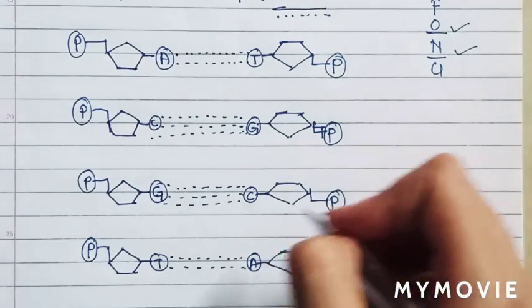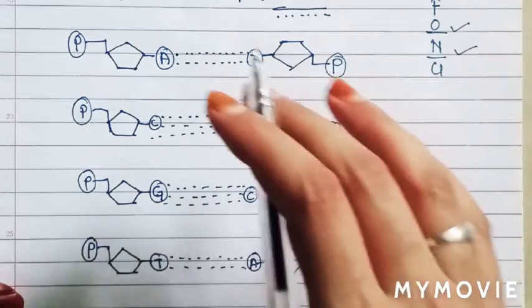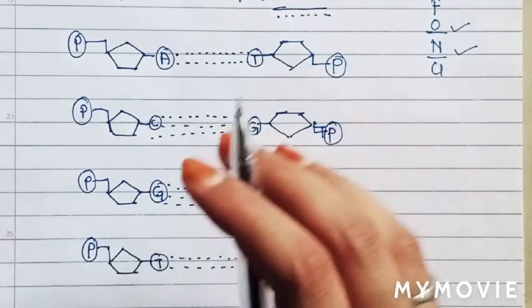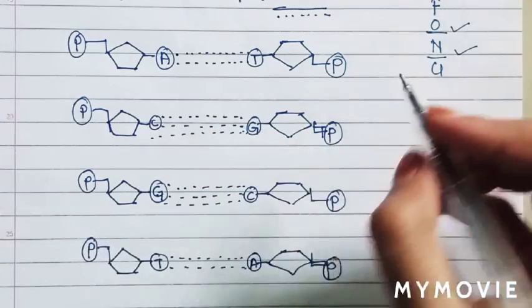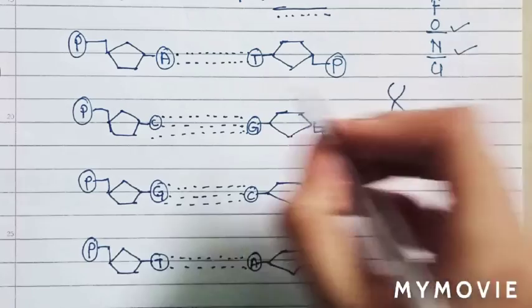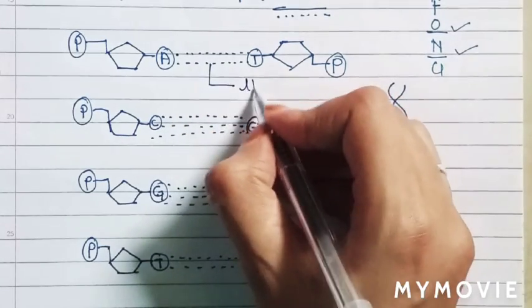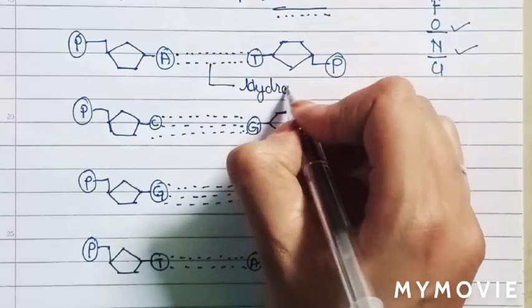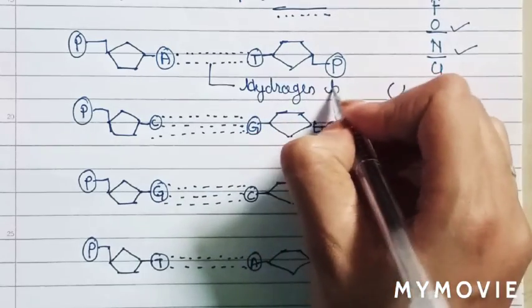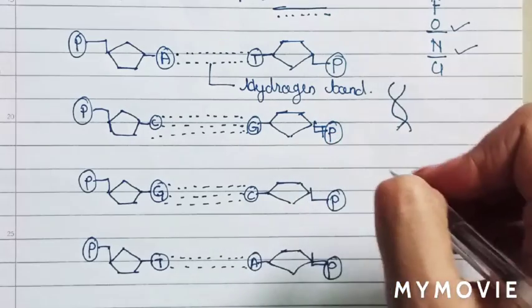Here guanine and cytosine have 3 hydrogen bonds in case of DNA, and thymine and adenine have 2 hydrogen bonds. Due to these hydrogen bonds, a curve is formed in the DNA structure, or it becomes a twisted structure. Here you can see the helical structure. It forms a helix-like structure due to the hydrogen bonds. These are the hydrogen bonds. Due to these hydrogen bonds, they form a twist and a helical structure.